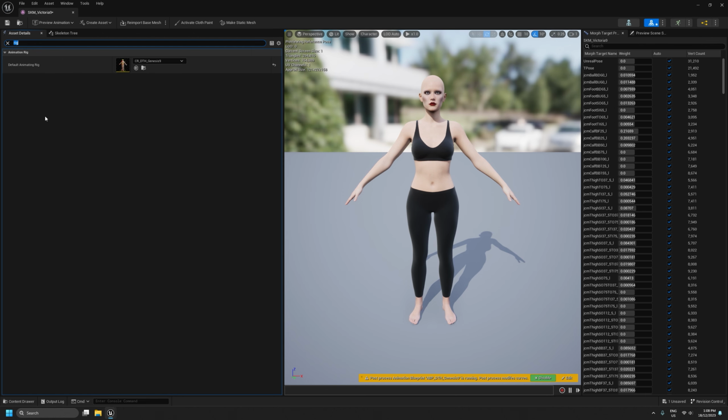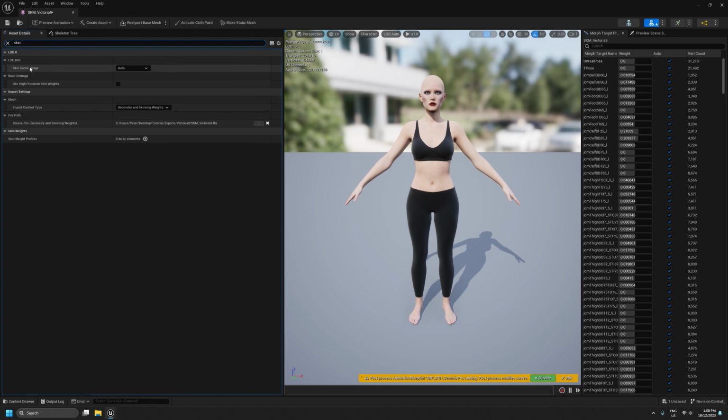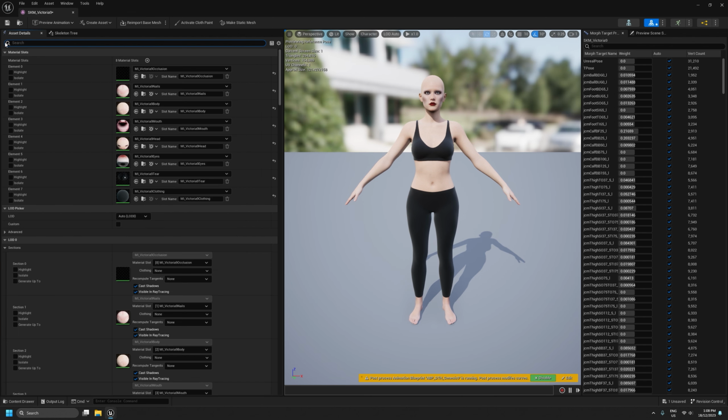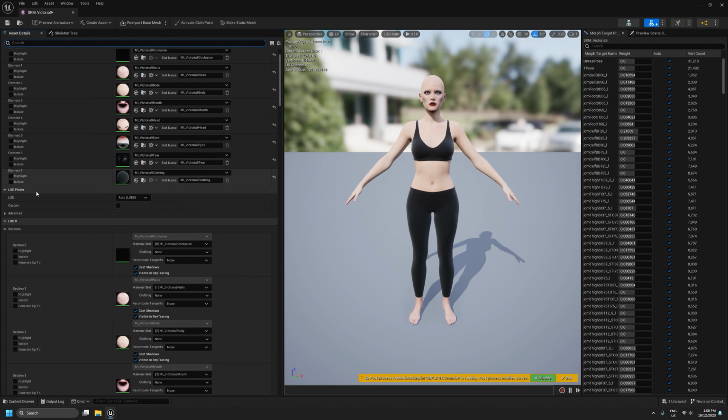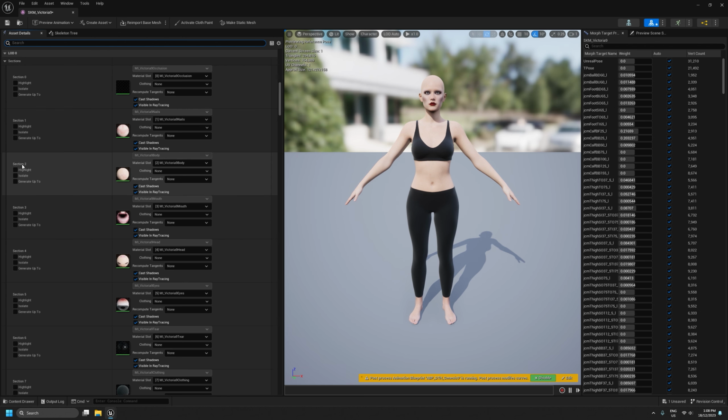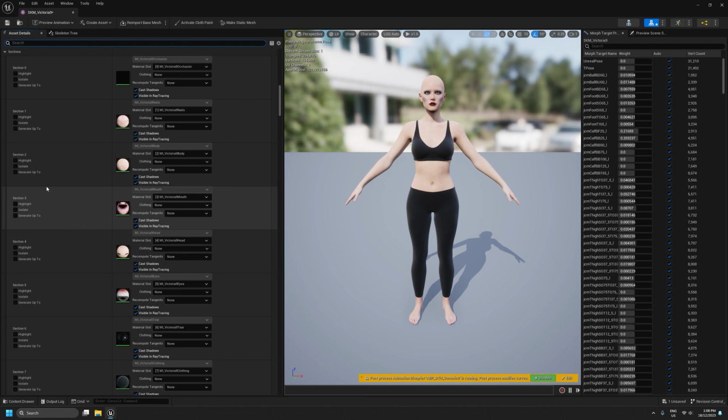There's a couple of other things that aren't necessary for facial controls, but I do them anyway out of habit. I search for skin. Under skin case usage, I make sure that's enabled. That's necessary if you're having any grooms on your character. And then finally, back on the asset details panel under sections, I typically set the recompute tangents for most things